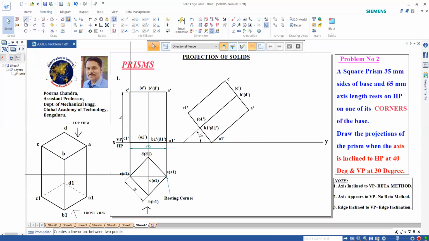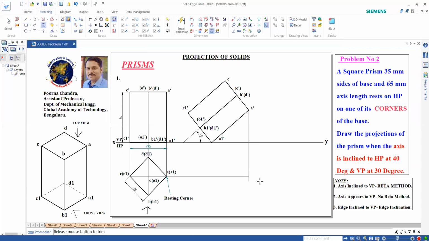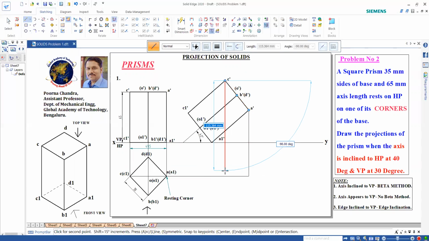Now we shall project this down. First we shall project these portions. I have A dash till here. Meanwhile I will trim unwanted things. So this is A, and the same line holds good for C also.